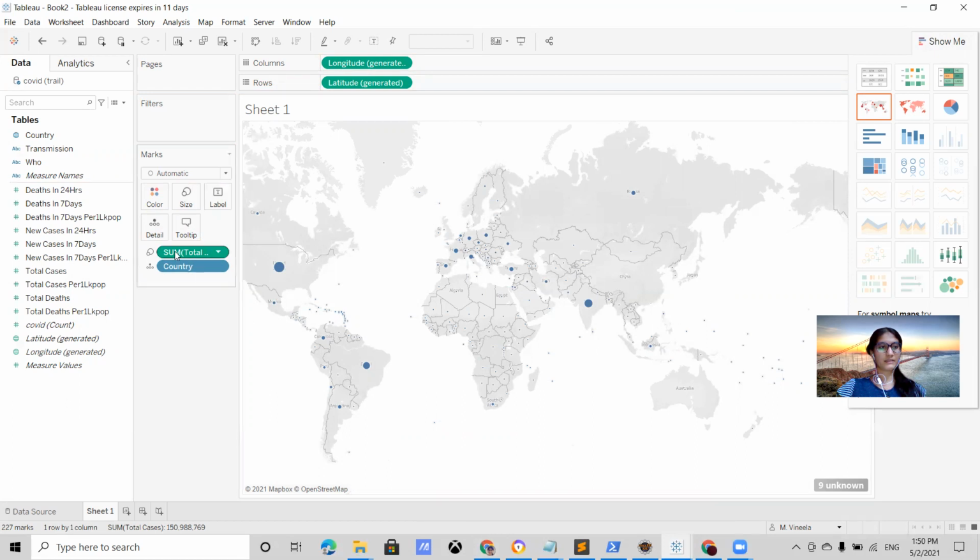In our database, we used a numeric data type for these things, so that is the reason we are getting it in measures. If not, we will get it in dimensions like country, transmission, or WHO region. So only for measures, we can do a bar graph or any tree graph like that. Being numeric data, it is converted into measures in our Tableau.